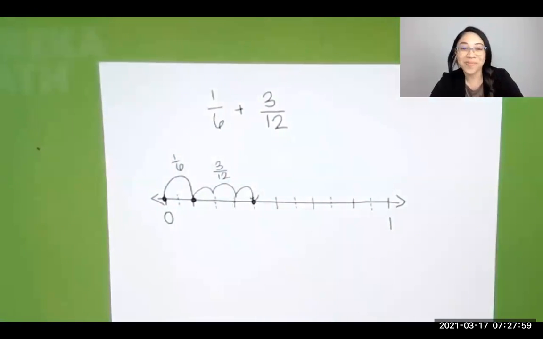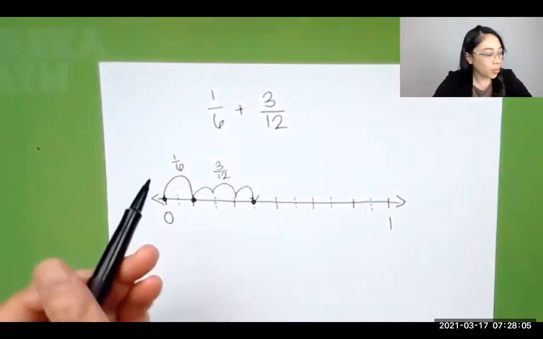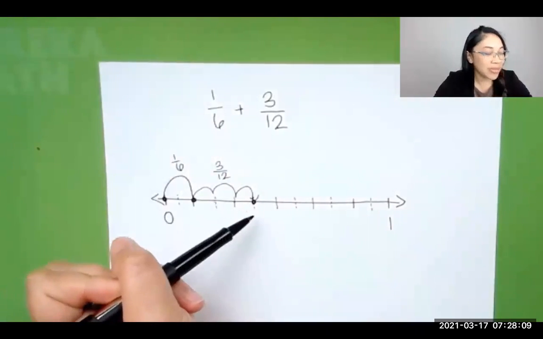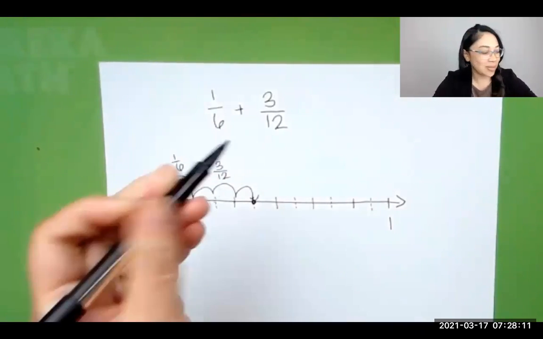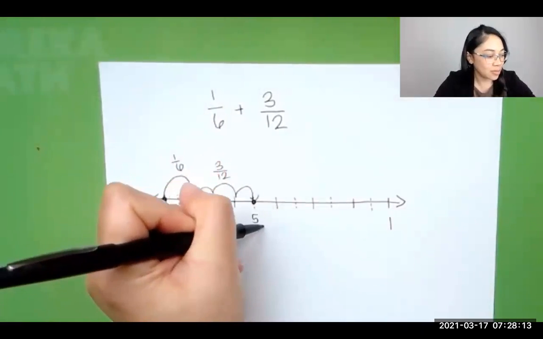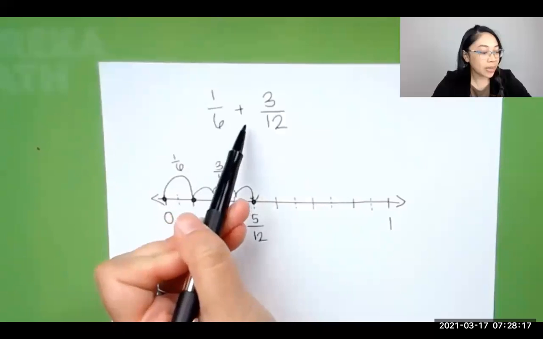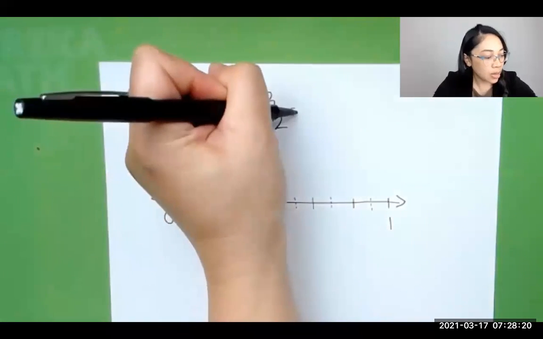What's our sum? We can see that we are at 1 12th, 2 12ths, 3 12ths, 4 12ths, 5 12ths. So the sum of 1/6 plus 3/12ths equals